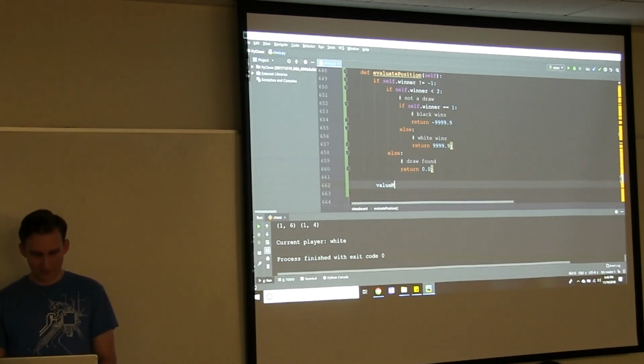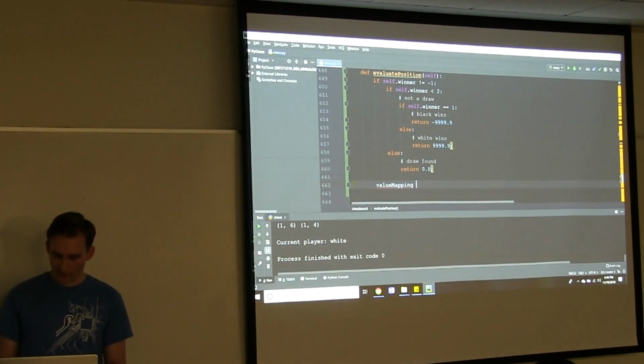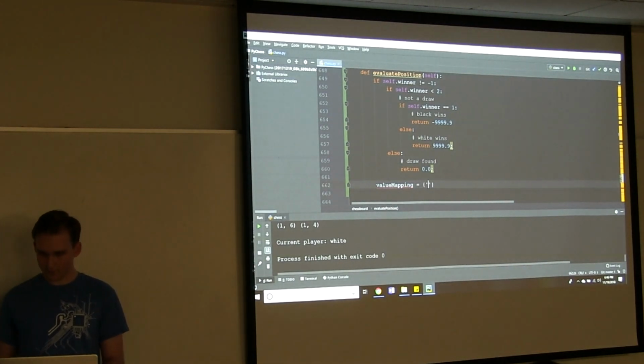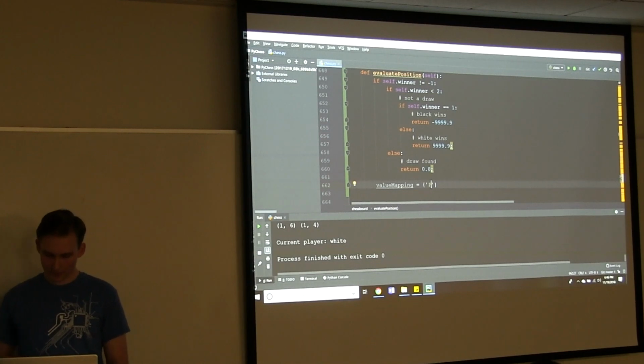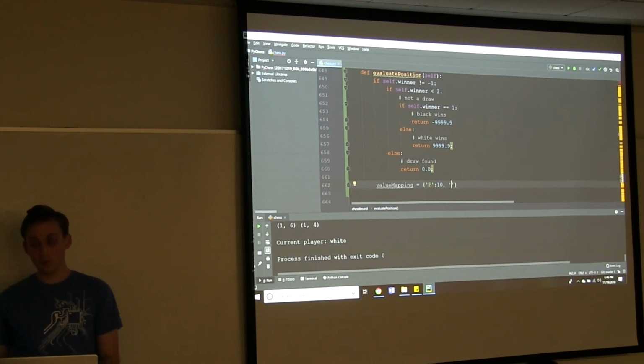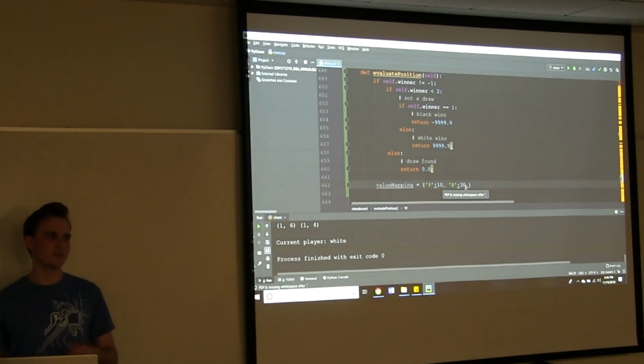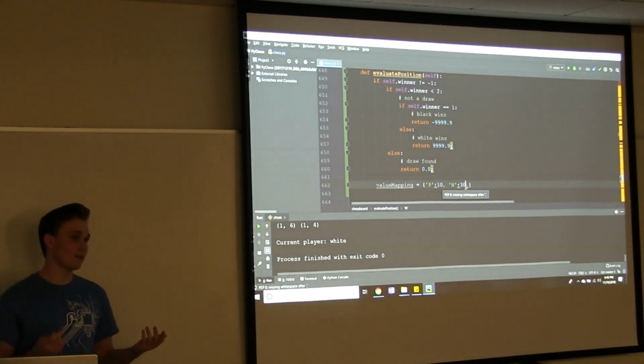So we can just make a dictionary of value mappings here. We're going to be looping through our board and looking at all the pieces still on it in a second, but for now, let's just start assigning point values. And anyone who plays chess is probably familiar with the classic point system, where pawns are worth 10, knights are worth 30, bishops 30, or usually it's thought of as 1, 3, 3, rooks are 5, queens are 9.